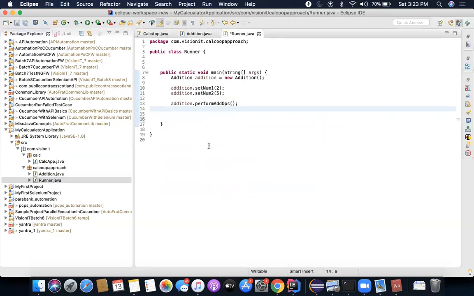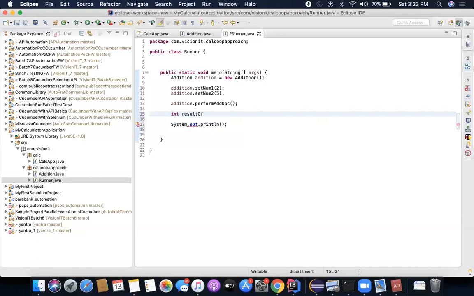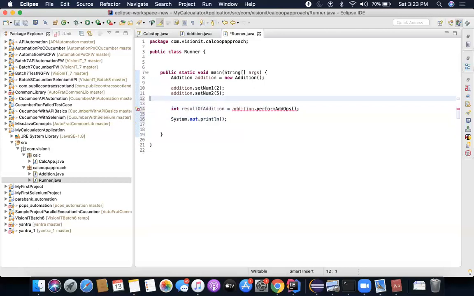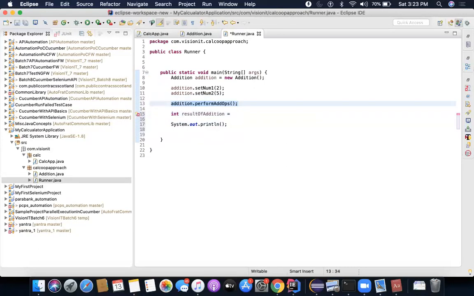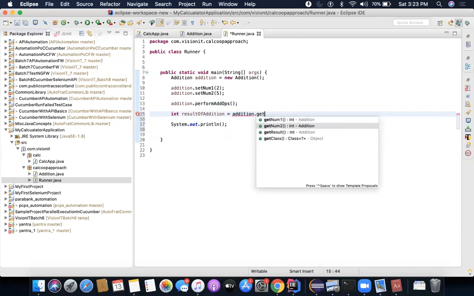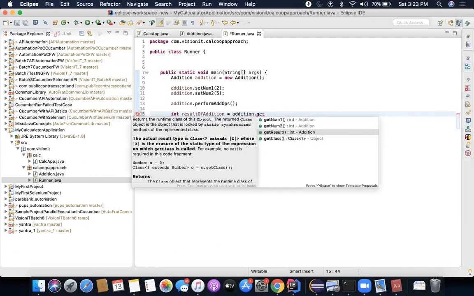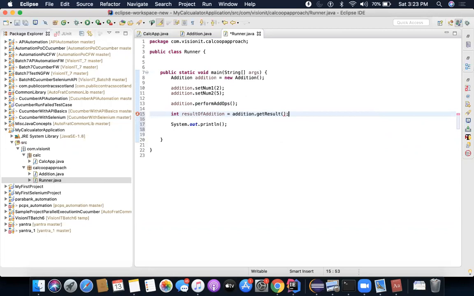And on the outside, I will simply print this value, sys out, and I will write: result of addition is equal to this. Oh, not this, sorry, this is not returning anything. So I'll write addition dot getResult, because the value is now saved inside the result variable.